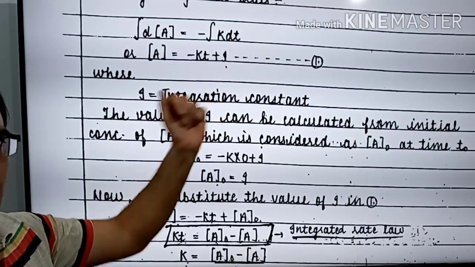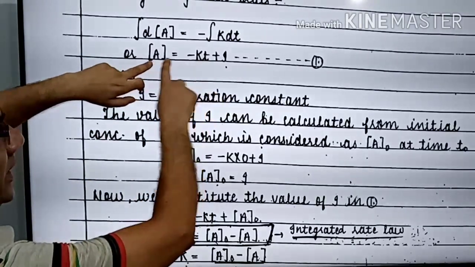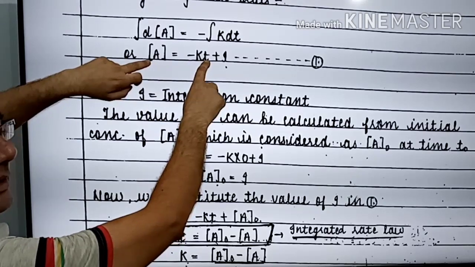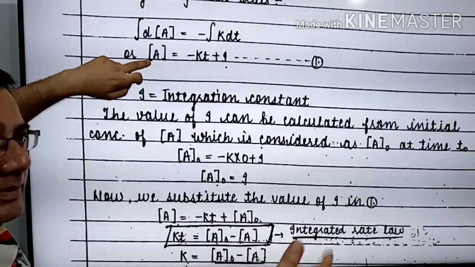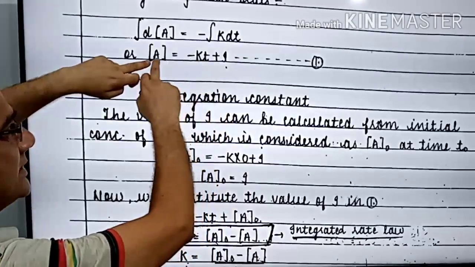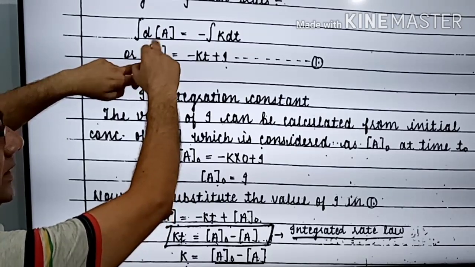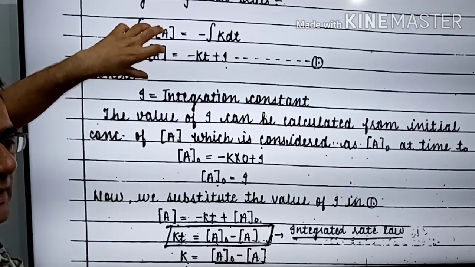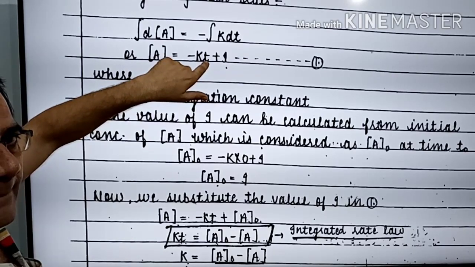And how we have to remove this? The whole expression you see, this is the time and this is the [A]. When we consider any reaction at time t, means after 5 minutes, after 10 minutes, then whatever is the concentration of the reactant A, that is taken this way, A in square bracket. Square bracket means concentration of reactant A at time t.